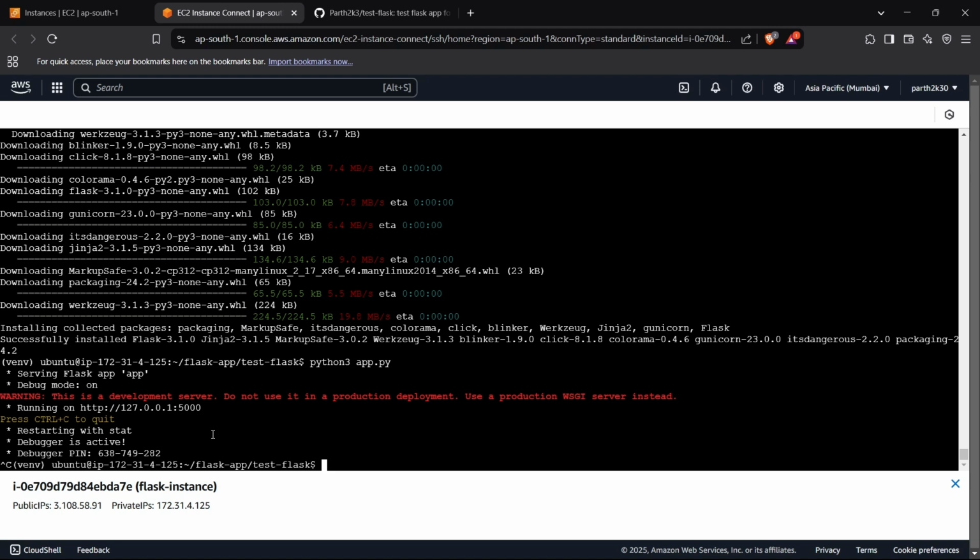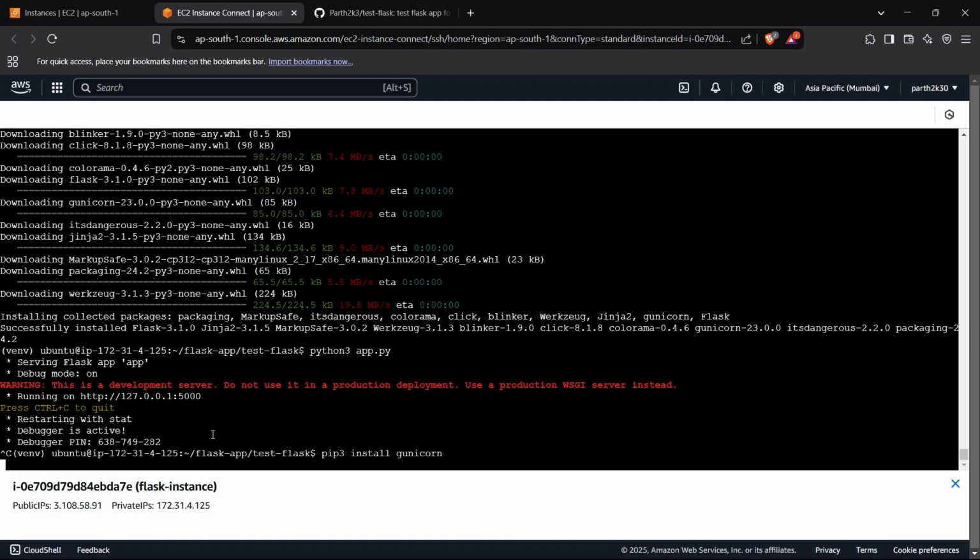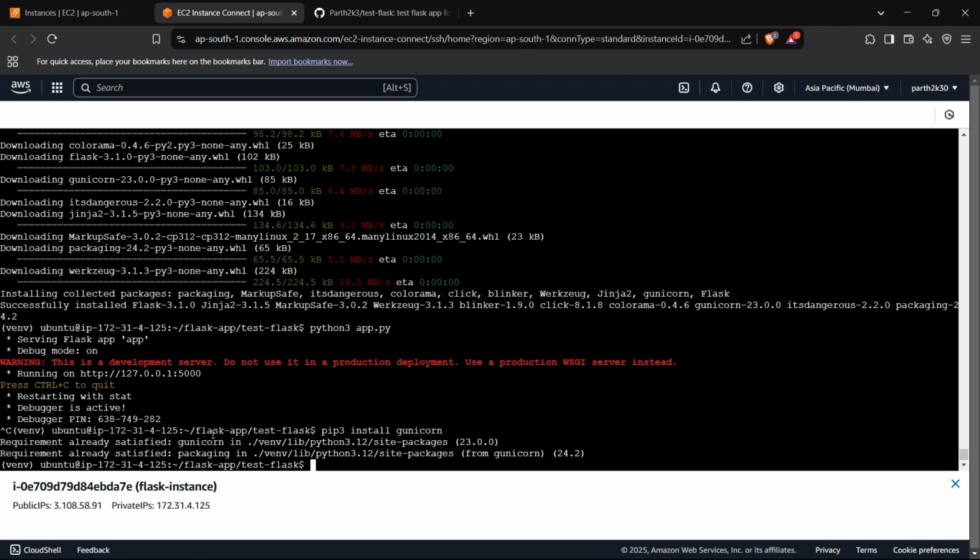Now we can move on to configuring it with Gunicorn as well. How we can configure it with Gunicorn is, first of all, you can install it with pip3 install gunicorn, and basically with Gunicorn we will create a service which will enable Flask to run independently. So now we can run gunicorn -w, then I'm going to put three workers, and then I'm going to bind